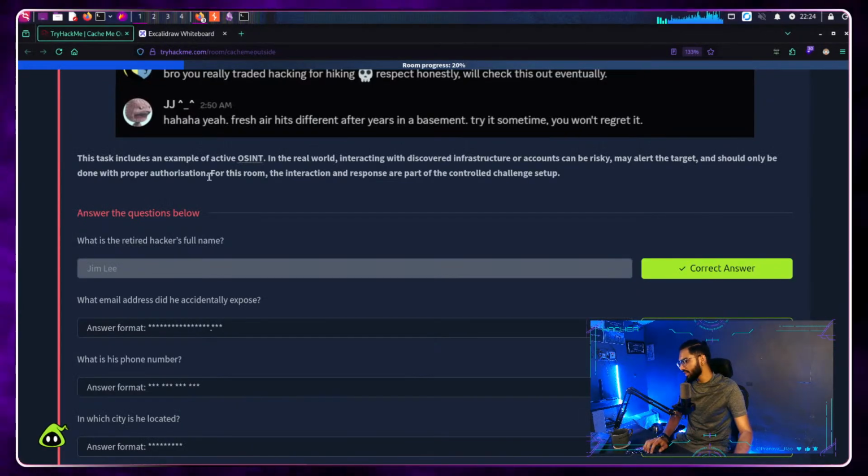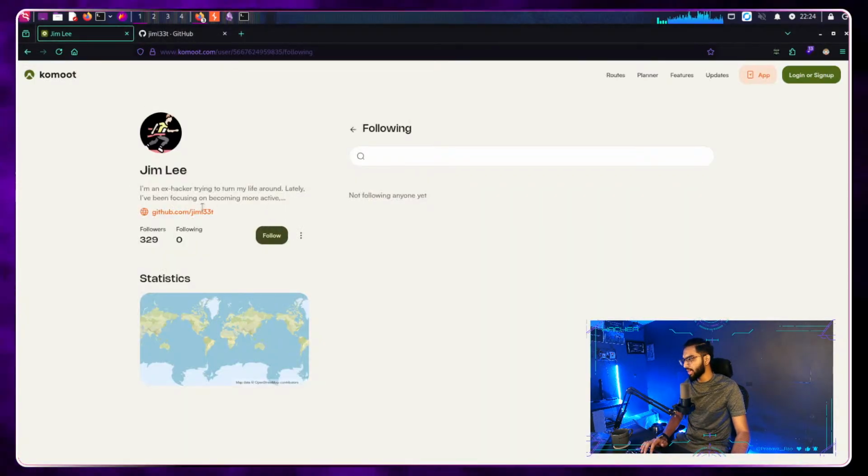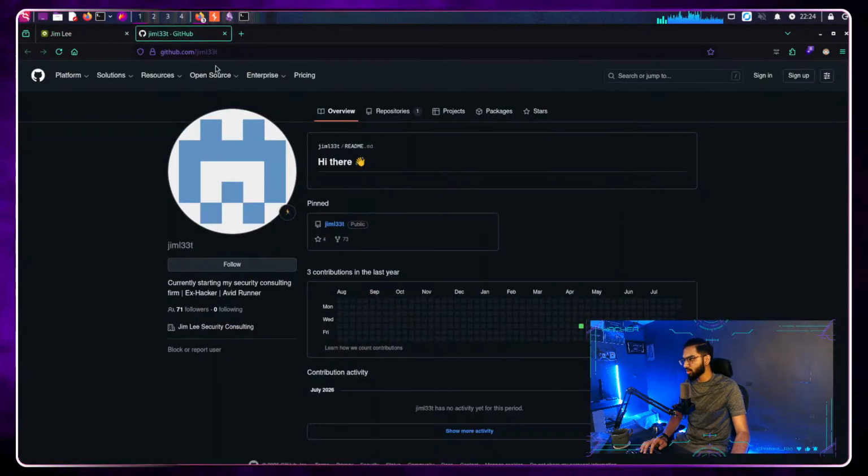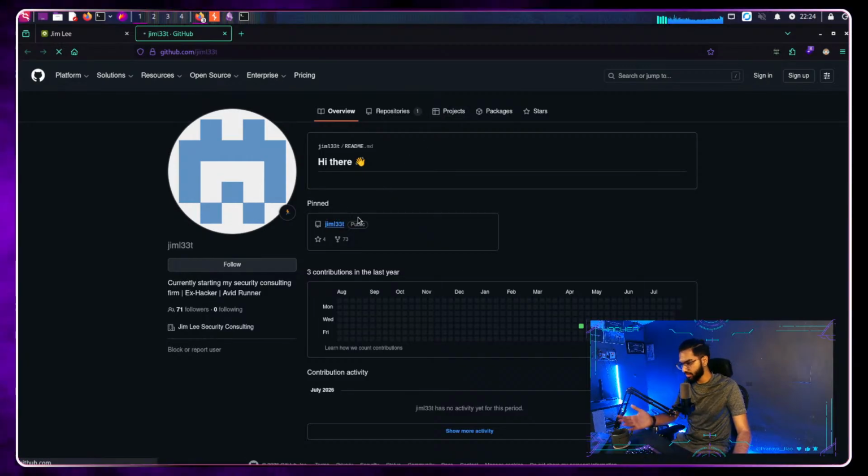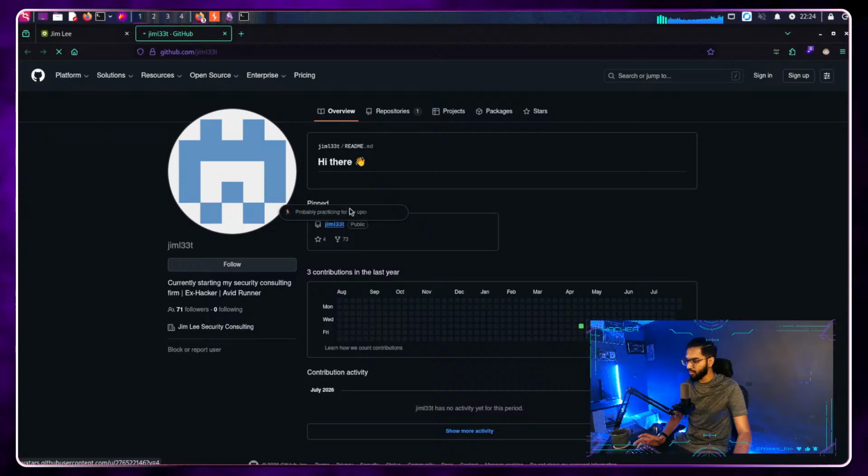What email address does he accidentally expose? So we are now trying to identify the email. Here in the profile they've given their GitHub, right? Let's go to their GitHub page. One thing about GitHub that the majority of the time people don't know is that when you commit something, it links your email ID, saying this is the person who committed it. If I go to any repository here, this is part of how you find the email. Let's go into the profile's repository here